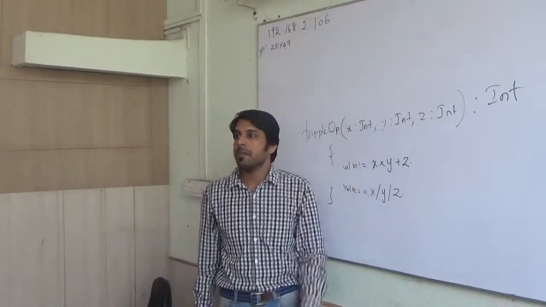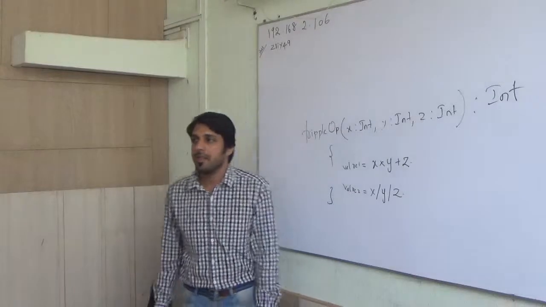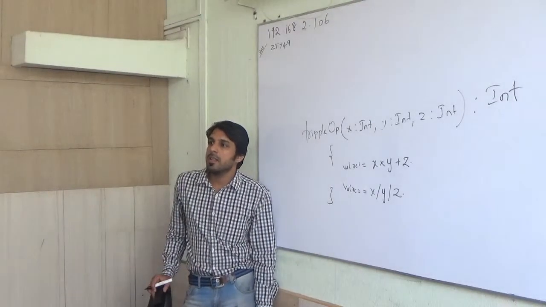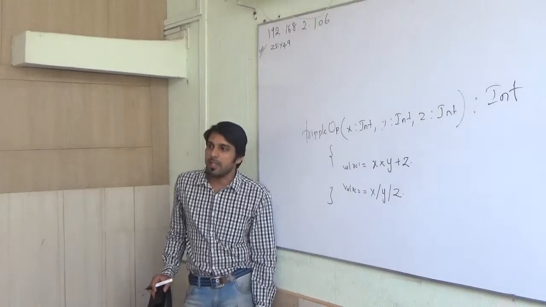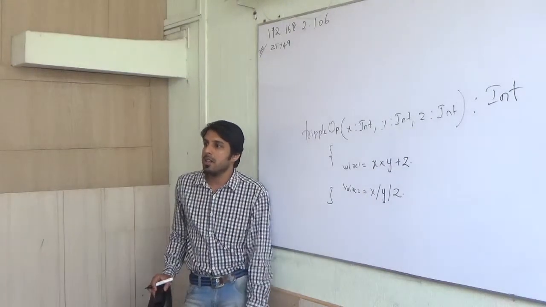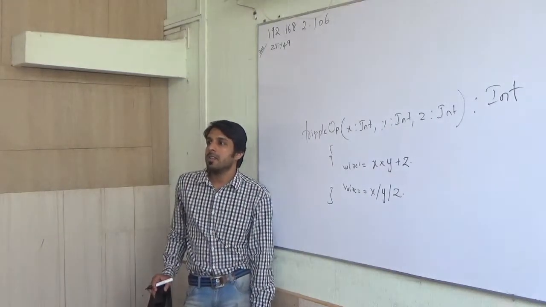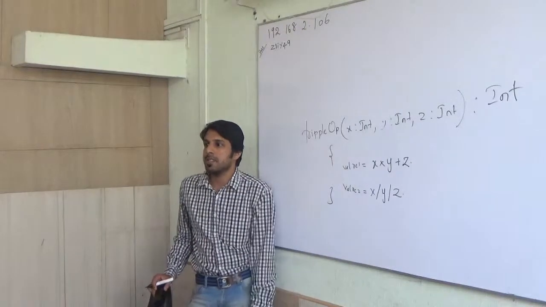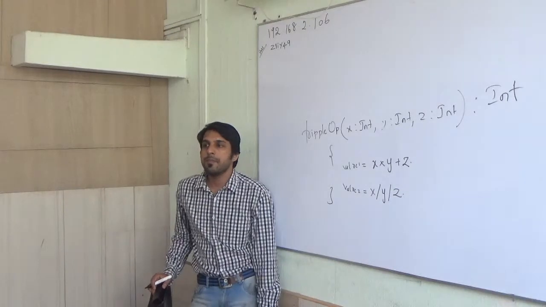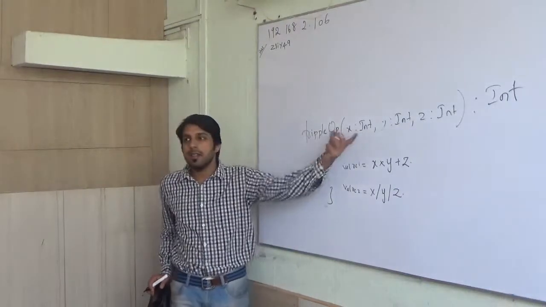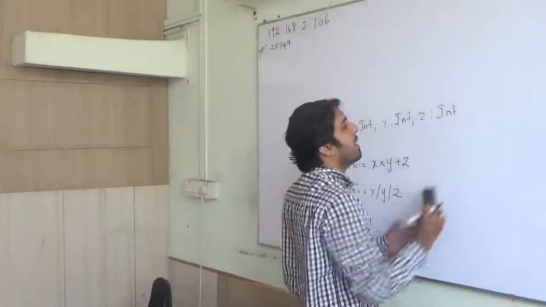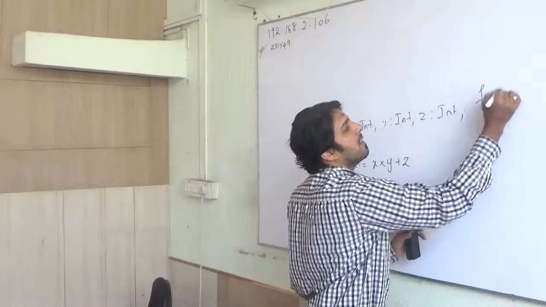So if you specify f of a comma b comma c, then you can specify the definition also during the runtime. Right, not runtime, like writing on the fly. On the fly, yeah. The definition itself is passed. See, if we define a function, there are 3 arguments. And if you define a function only with 2 arguments, no, it all depends on what you want to do with that.